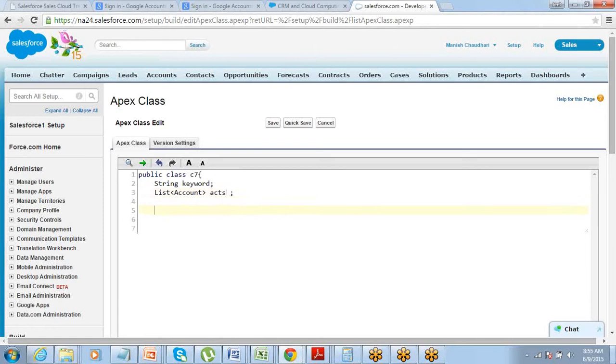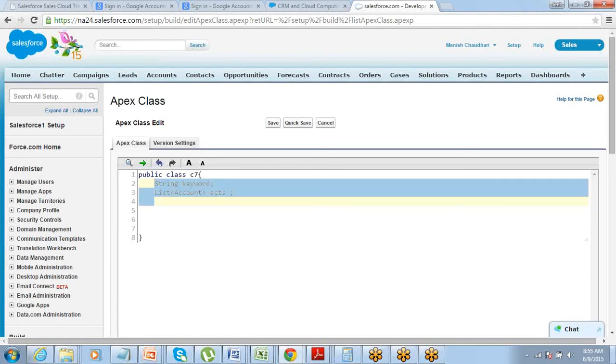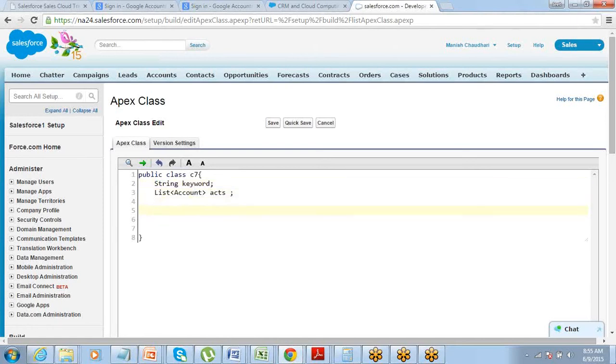To get methods for both of them, public list of account. So one get method for me to display the list of accounts on the page. One more get method for me to display the keyword on the page.